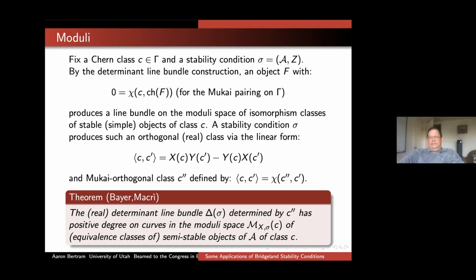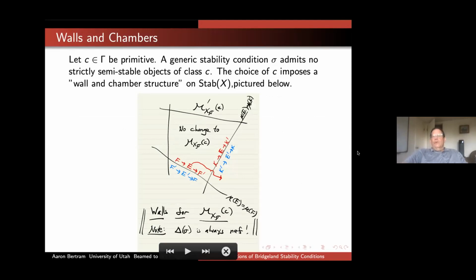We don't yet know, as far as I know, that in general moduli of Bridgeland stable objects are projective. I'm hoping that we will find non-projective ones, but anyway. It should be distinguished from the Gieseker one. This actually comes with the polarization, so that leads to a wall and chamber structure,